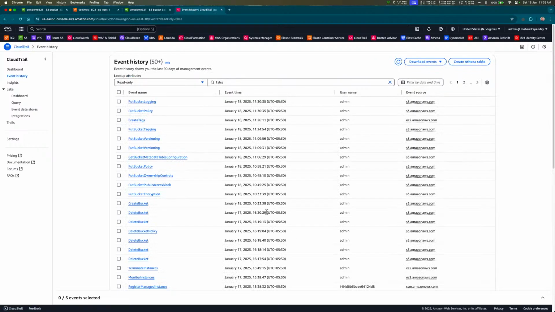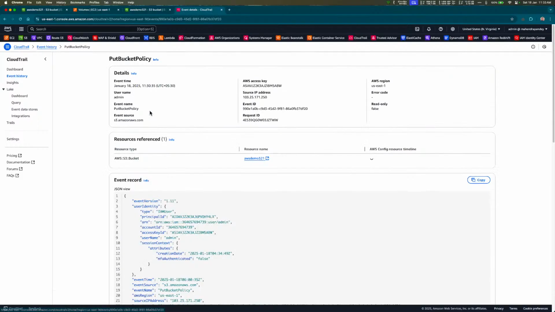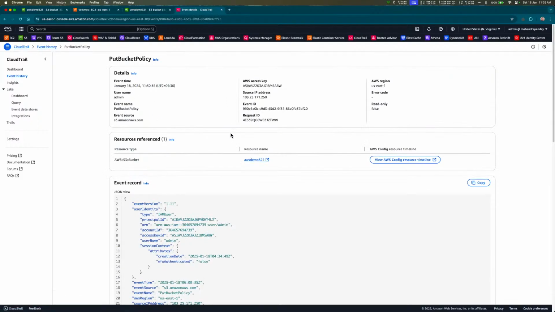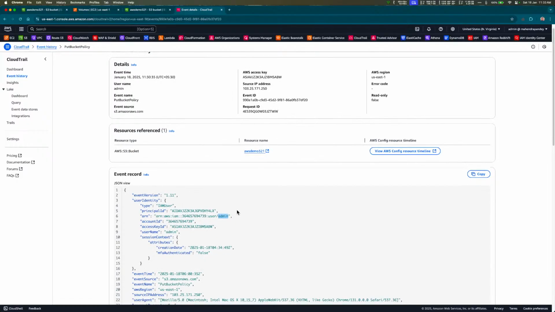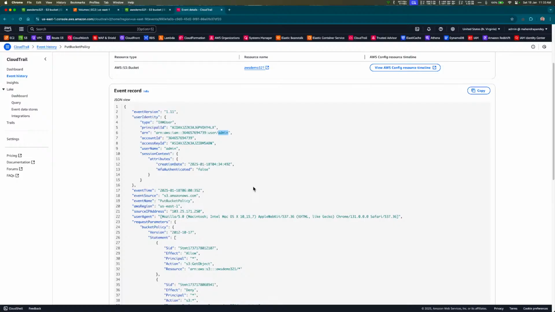Now this shows event details here. If you click, it says who did what, from where, when, which resource was affected, right? So for example, I'm logged in as admin. So admin, the user, in this account,